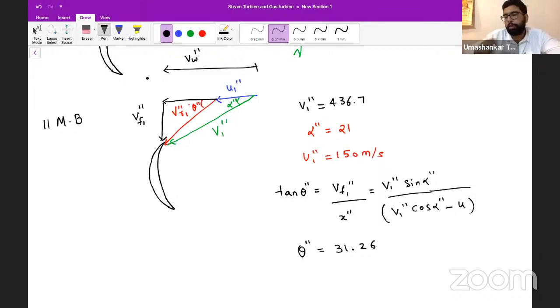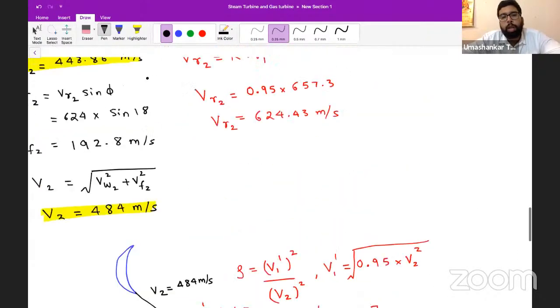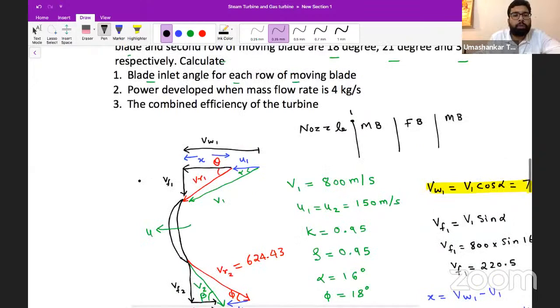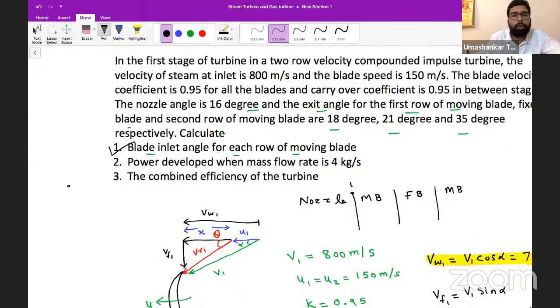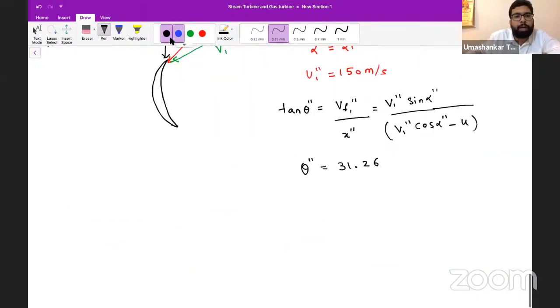Yes, so you have got it or not? I hope you have got it. So now our first part of the question is completed. So let's put a tick over here. Now the second part: the power developed when mass flow rate is 4 kg per second. So what would be the power developed? If we do the second part, we do not require